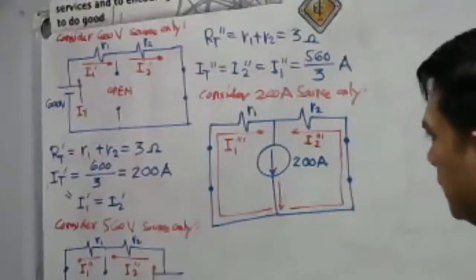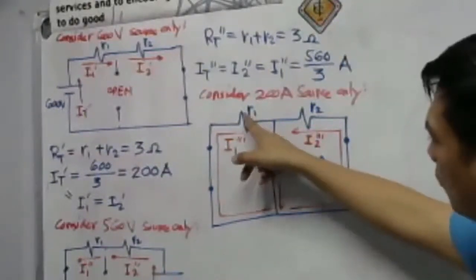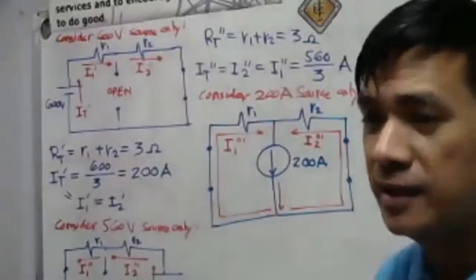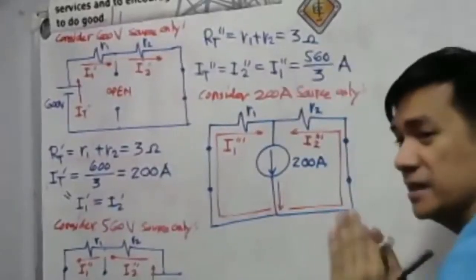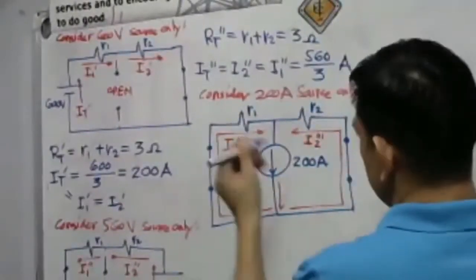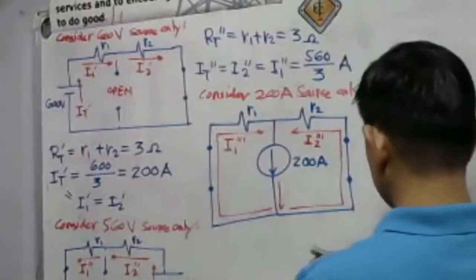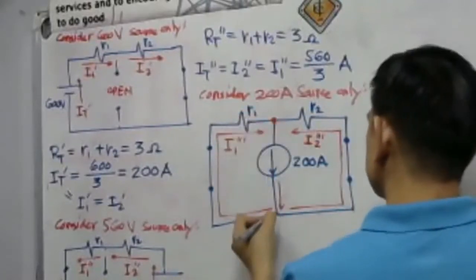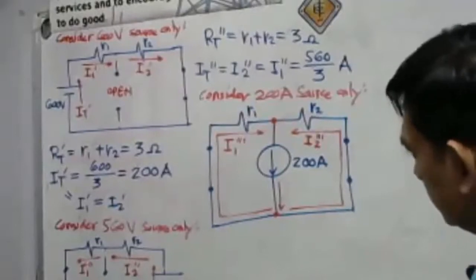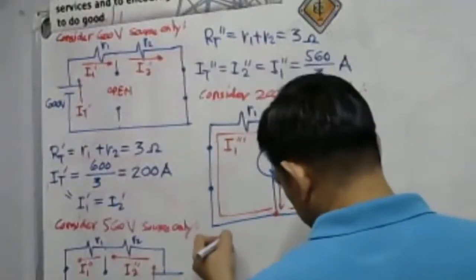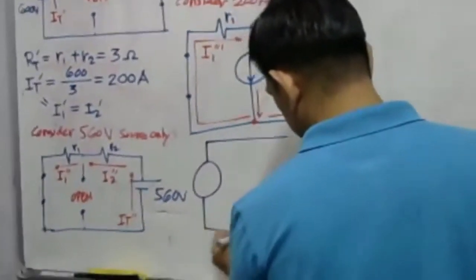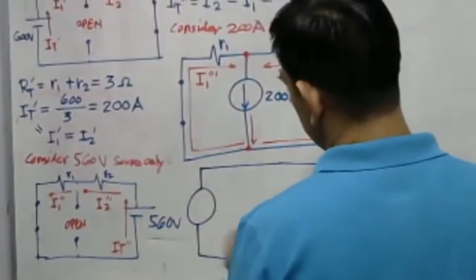I will redraw this circuit, guys. What is the connection between R1 here and R sub 2 here? Basically, they are just connected in parallel. This is a network analysis. We have to analyze the network because there are two common nodes. These are the two common nodes. I will just redraw the equivalent circuit. This is the equivalent circuit.